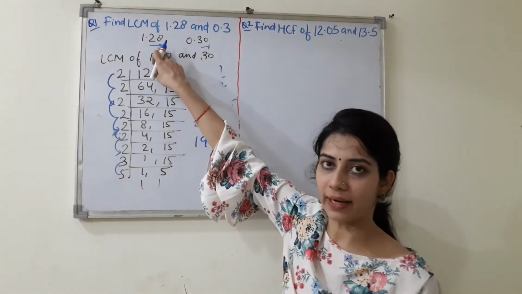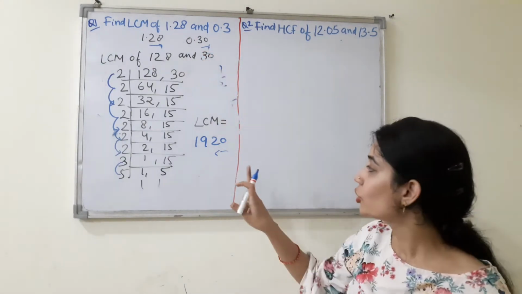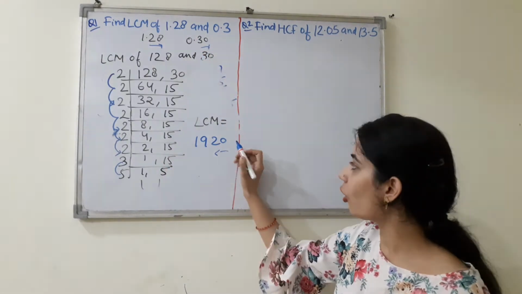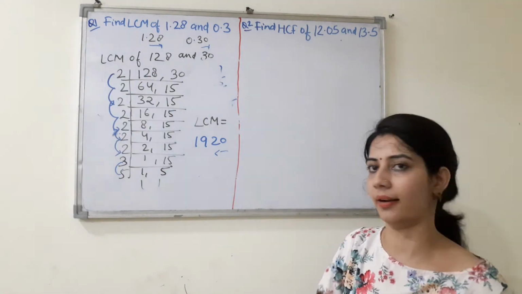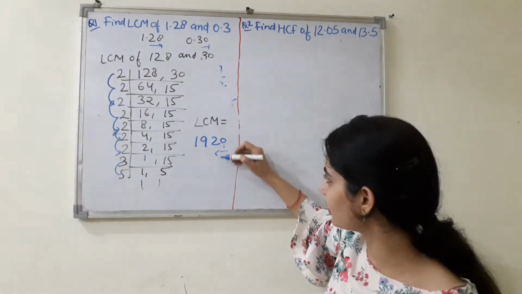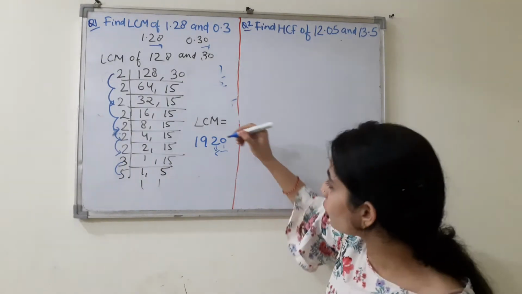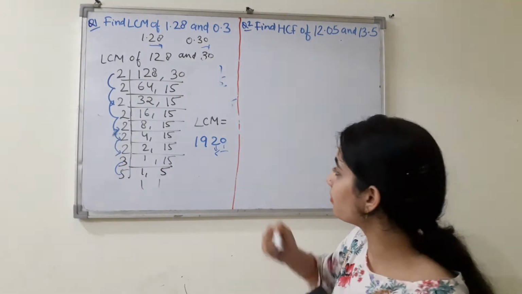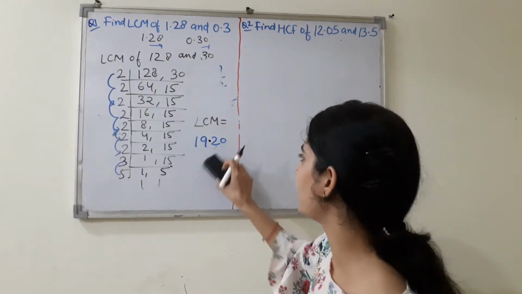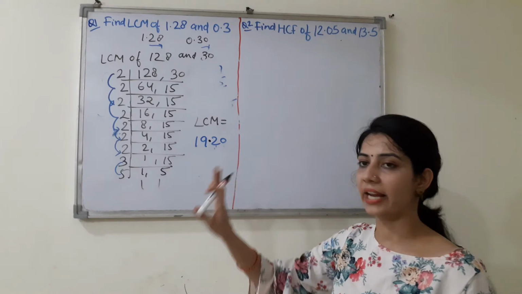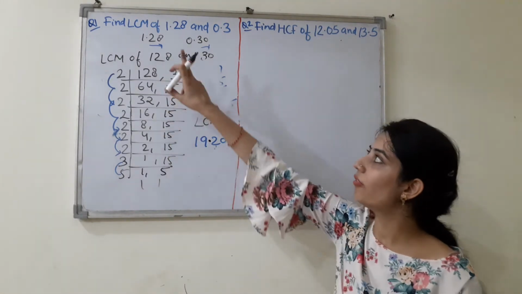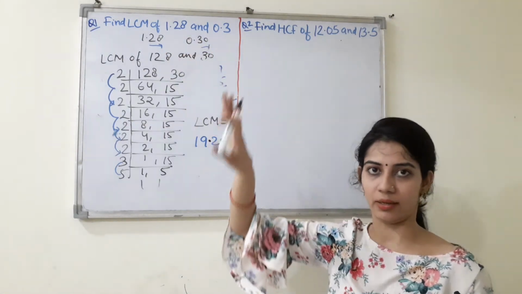Here there were 2 digits in the decimal part, and here also there were 2 digits, so whatever answer comes, you have to look from the back and put the decimal after 2 digits, right? So this is your first digit from the back, from the last, and this is your second digit. So it means here is where you will put the decimal, right? So in this way your answer will come 19.20. So this is the LCM of these decimal numbers, right?